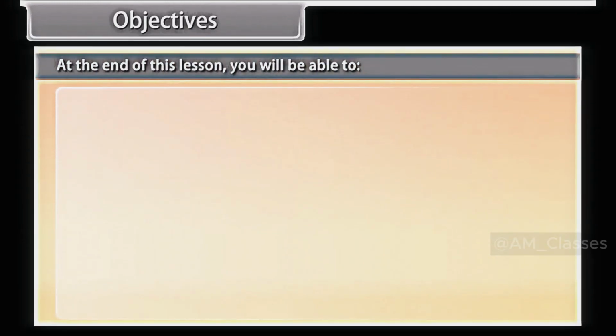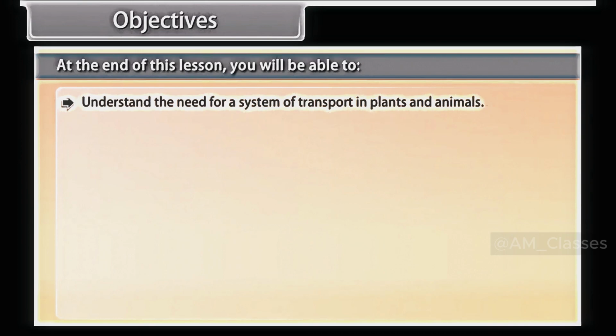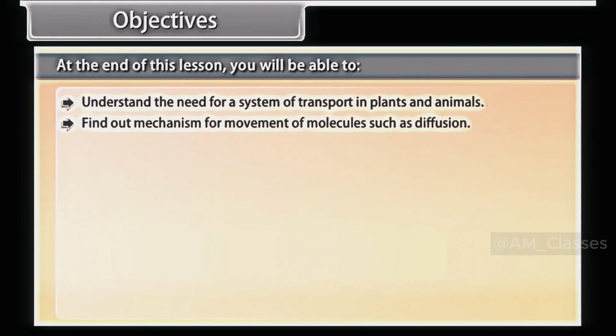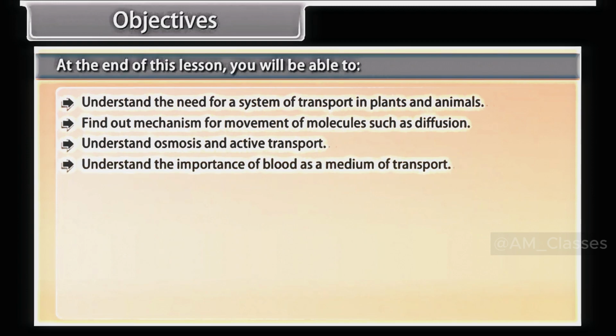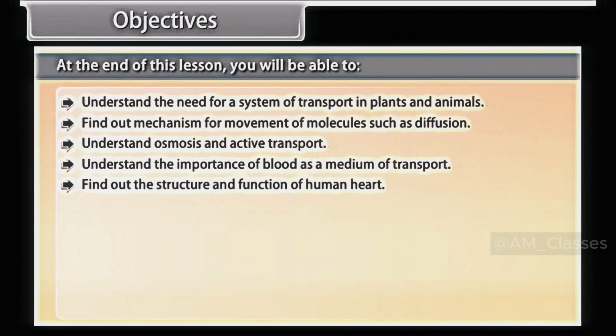Objectives. At the end of this lesson, you'll be able to understand the need for a system of transport in plants and animals, find out mechanism for movement of molecules such as diffusion, understand osmosis and active transport, understand the importance of blood as a medium of transport, find out the structure and function of human heart, understand the composition